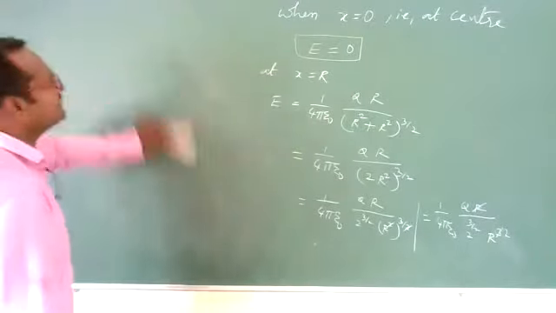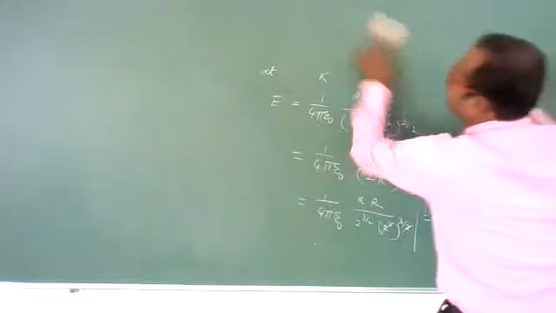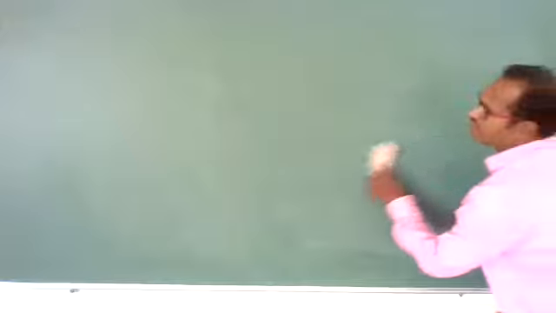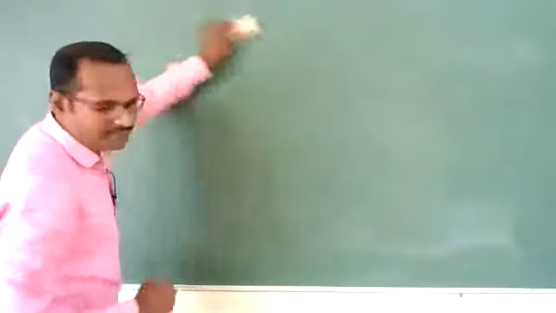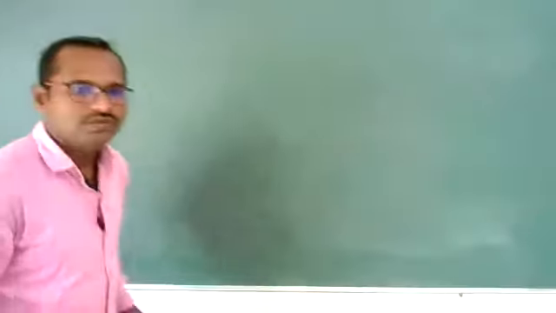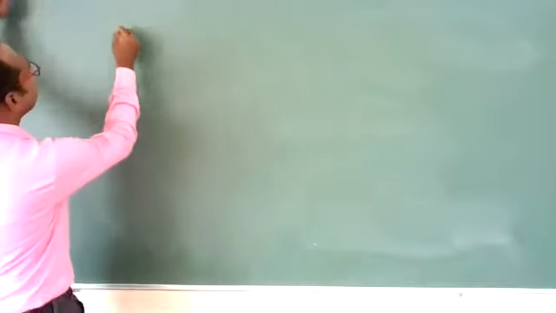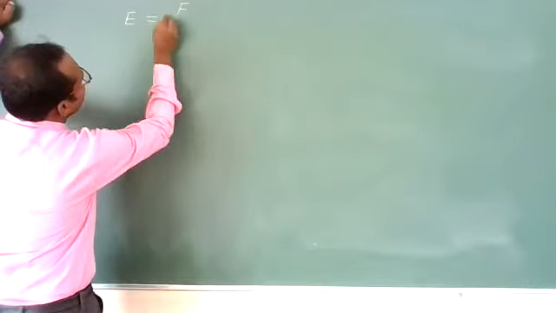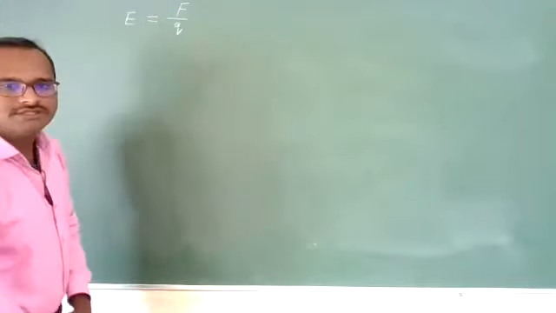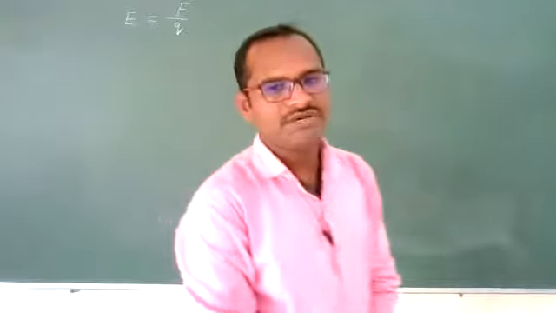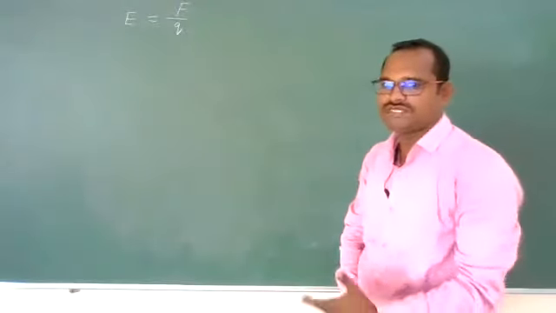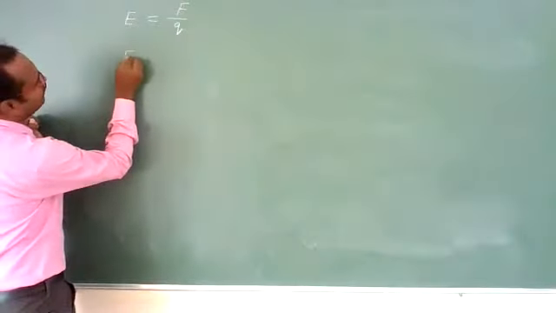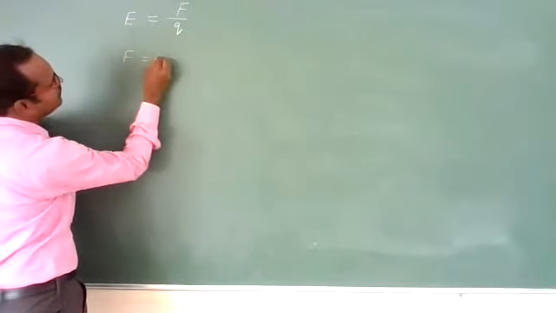Next, one more point on this electric field. One important point you need to remember is that electric field is nothing but force acting per unit positive charge. Is it correct? Yes. The definition is force acting per unit positive charge is called the electric field. Then what will be the force now? Force is equal to Q into E.